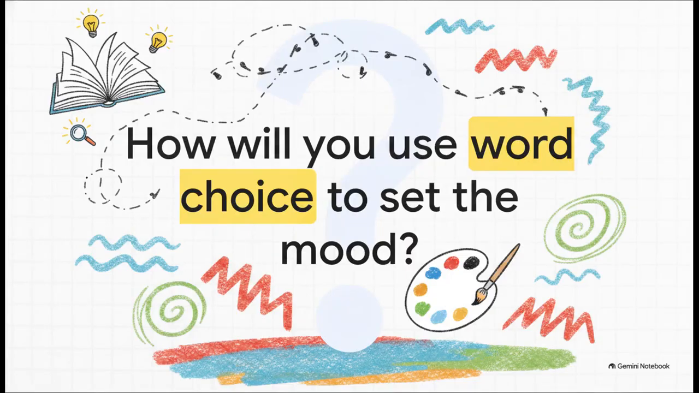I want to leave you with a provocative thought as we wrap up this explainer. Now that you know exactly how authors manipulate words to make you feel a certain way, and exactly how they leave those little breadcrumbs of evidence for you to follow, how will you use deliberate word choice to set the mood in your next writing assignment? Think about the atmosphere you want to build, choose your words like a painter chooses colors, and invite your readers